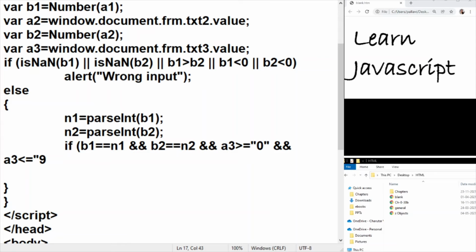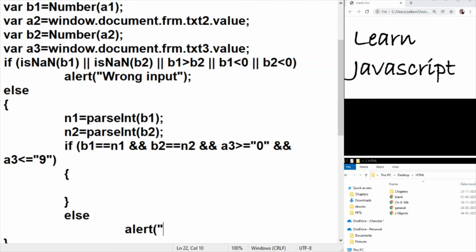So we're going with a digit validation of 0 to 9. If this is the case, then we would do our actual coding. If not, then we will simply display a message saying something is invalid.